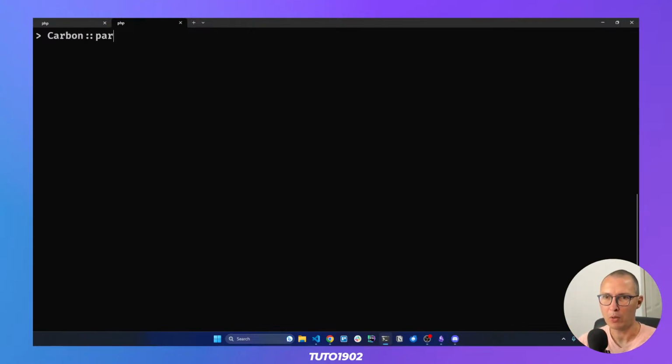Can I do Carbon parse? What I have right now in the model is just a number, right? It's just a day of the week. So let's say Monday is 0, if I do Carbon parse 0, that's going to give me an error. So I need a way to take that 0 and turn it into a date. So I don't think Carbon parse